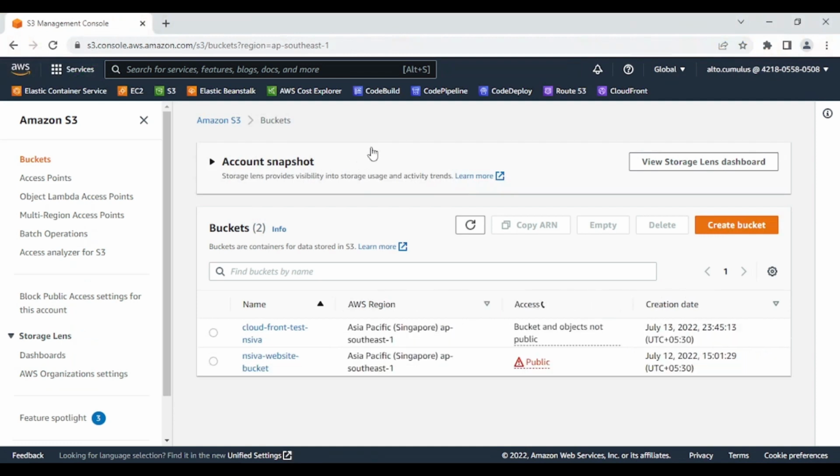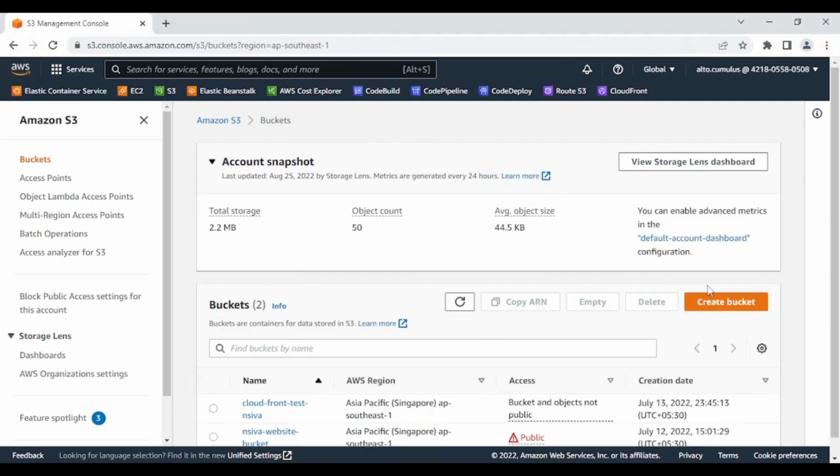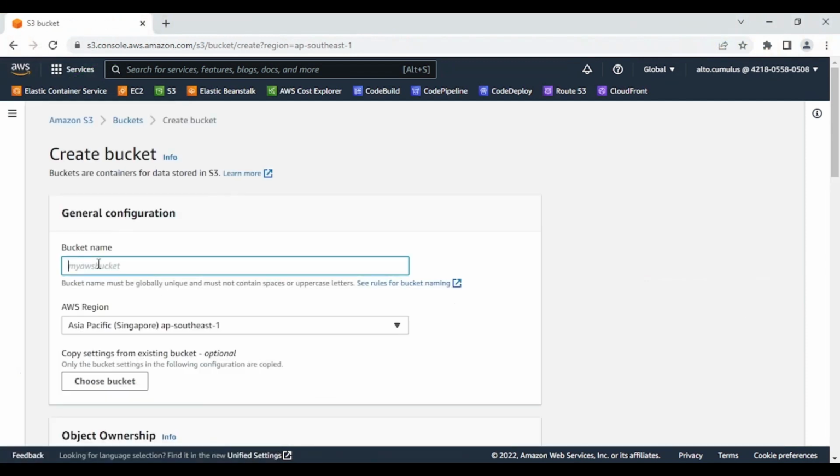Okay, now we are inside the S3 console, and first of all we need to create a bucket. So I'm going to click create bucket, and I'm going to name my bucket as batman.resume.nilukshansiva.com. Now you might be wondering why I am naming my bucket in this fashion. I'll be discussing this in a follow-up video. So for the moment, please follow with me. And you might notice that this bucket name looks like a domain name, and that's exactly what I want in